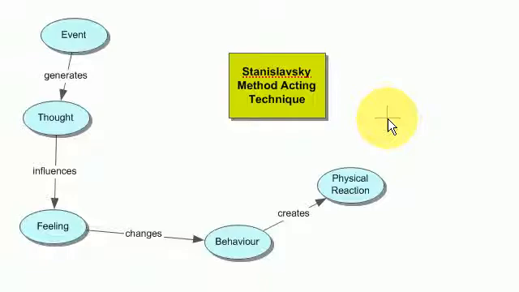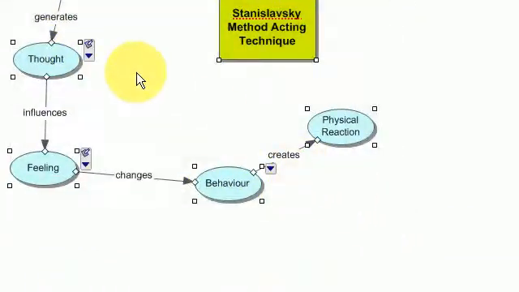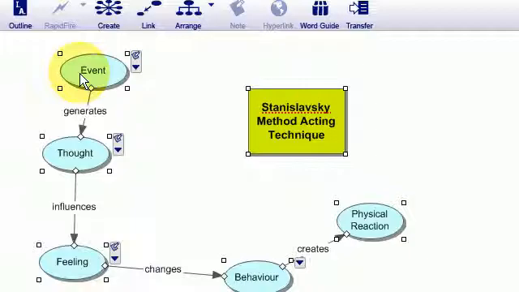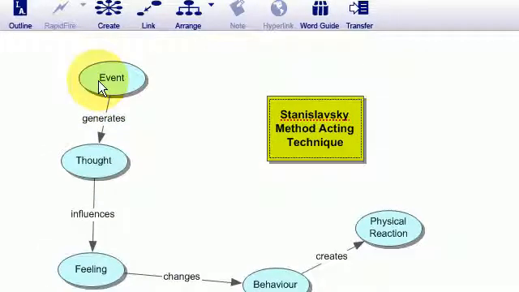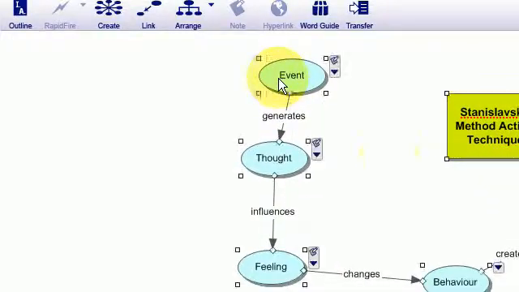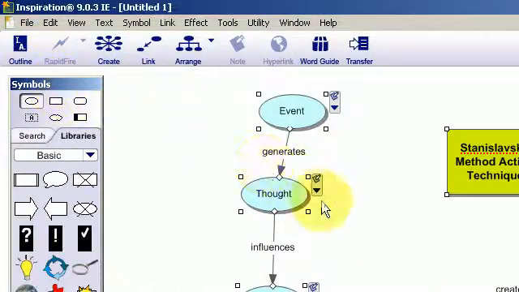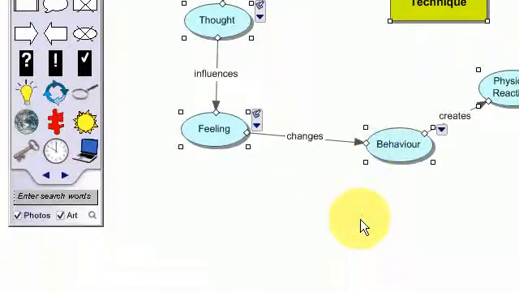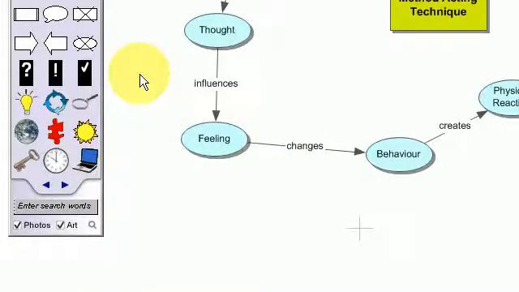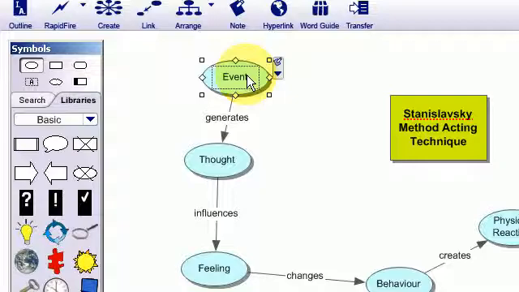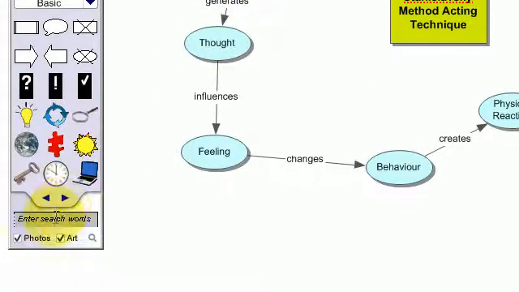If I want to include images into those particular topics or concepts, I can go to the symbols library and incorporate images. I'm just going to move my diagram. So I left click, keeping the left mouse held down. I highlight everything and I can move across my diagram. I'm going to just drag up my symbols bar next to the diagram. Now what I want to do is incorporate an image for an event. So in terms of an event, it's something that occurs in time. So if I look for time,